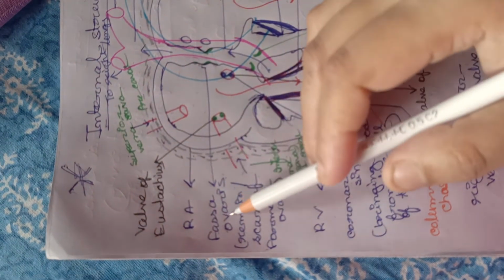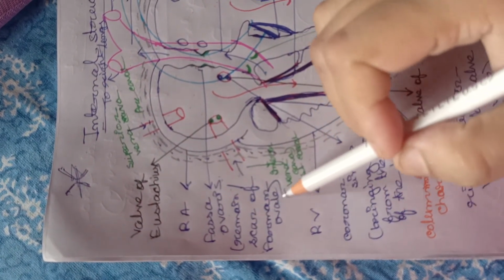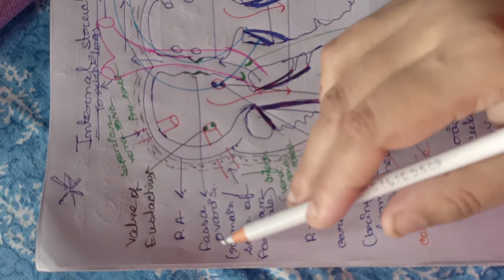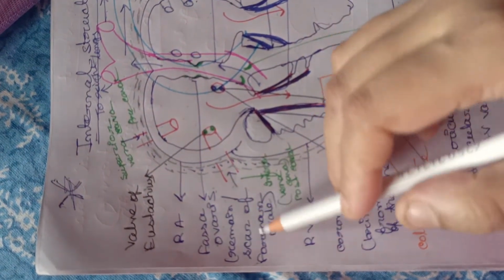This is the right auricle, this is the fossa ovalis, the remaining scar of the foramen ovale. Because it's a fossa ovalis, I told you na, this is a remaining scar of the, when